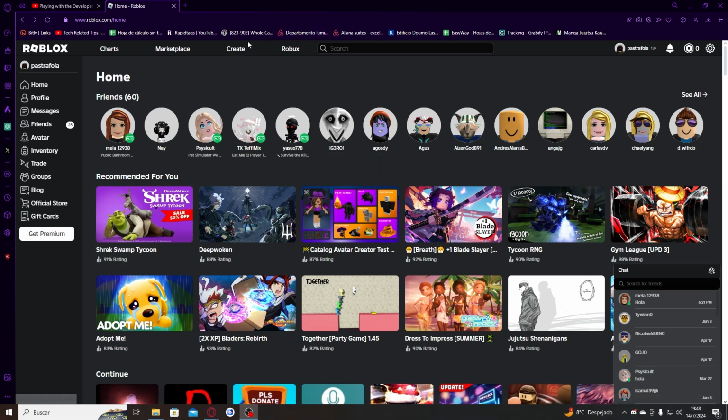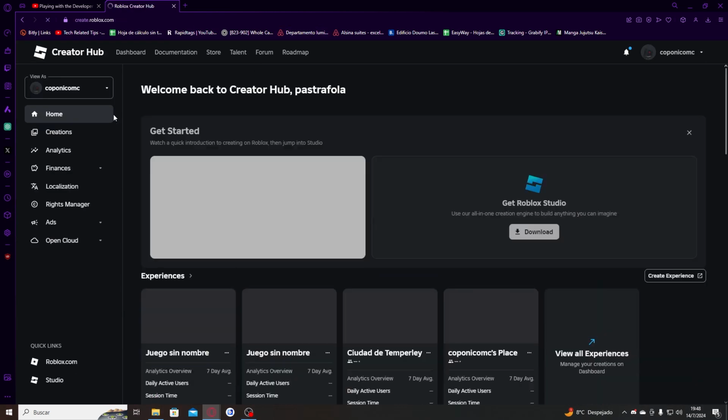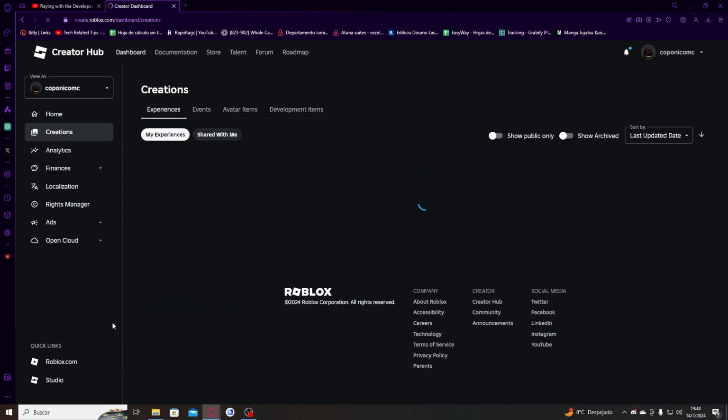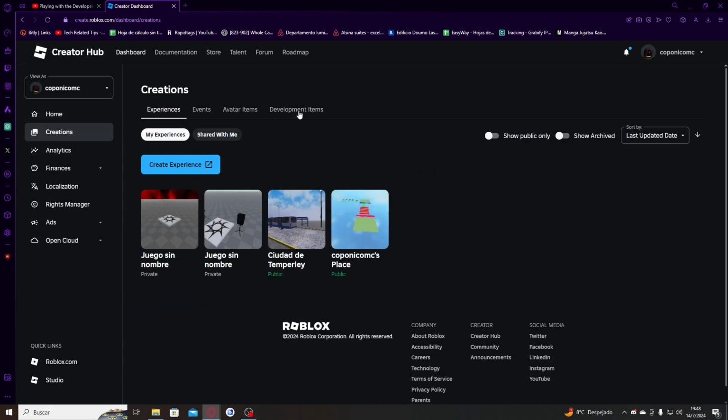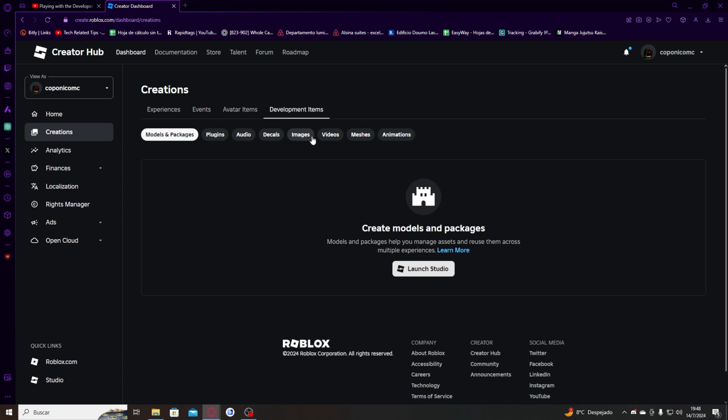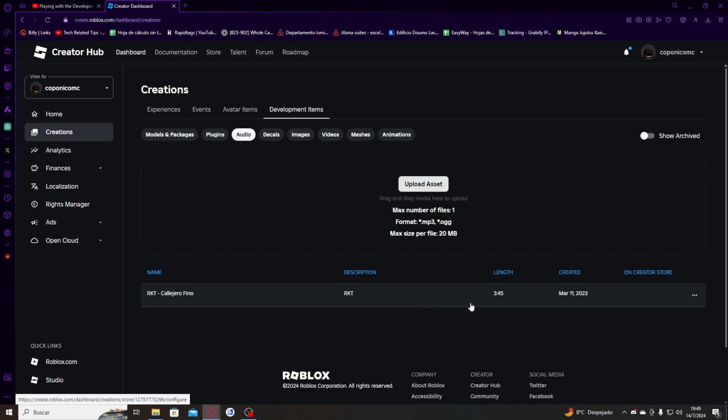You have to go to this button of create. You have to locate it if you are not in PC, and then you have to press creations here. And once you're in creation, you have to go to development items, press it, and then you have to choose audio here. So as you can see, I already uploaded something, but you can press this button of upload asset